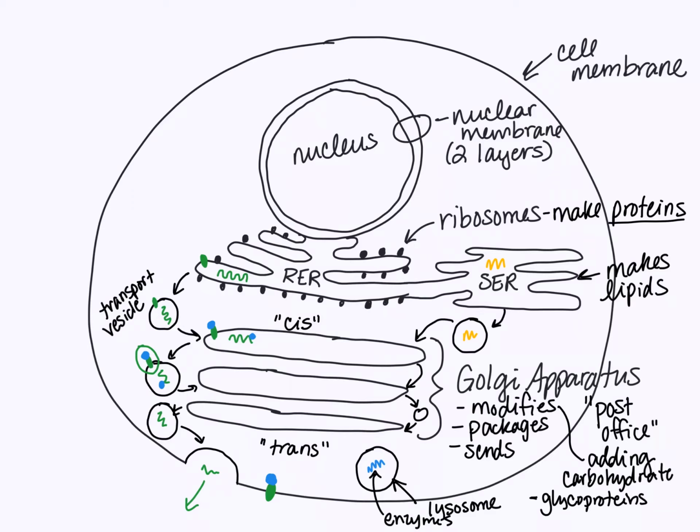And these enzymes help to break down either old damaged organelles that need to be broken down and recycled, or they might actually be involved in digesting nutrients that the cell has taken in, or it might be involved in